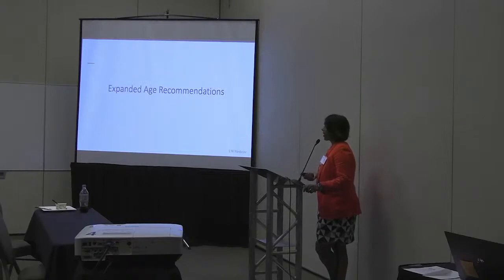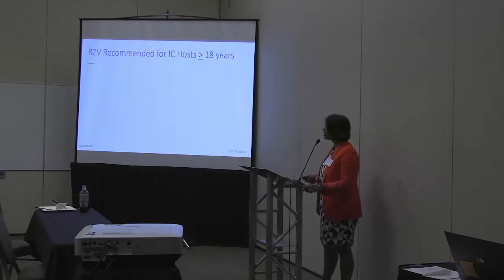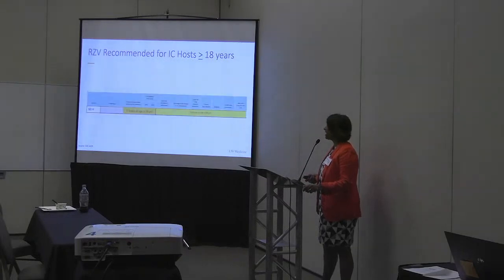An expanded age recommendation. So I'll talk about this as a strategy for immunocompromised hosts. Some diseases, like I mentioned, shingles, you don't wait until you're 50 to get, there can be a risk even when you're 18 and over. And so for immunocompromised hosts, the recommendations changed in 2021 to actually give it for everyone 18 and over. So 2 doses for all immunocompromised hosts 18 and over, not just HIV, but stem cell transplant, solid organ transplant.